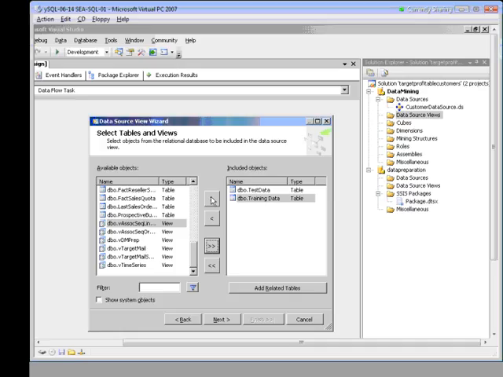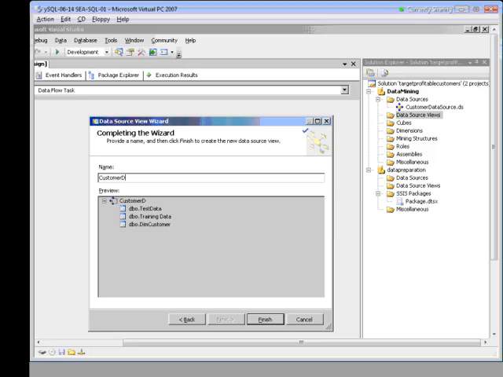Now, we need to know information about customers, so if we use the dim customer table, I'll be able to get statistical information or actual contact information from the customers. Okay, so I've created three tables here, test data, training data, and dim customer, which we're going to bring into this data source view. And we're going to call this one customer data view.